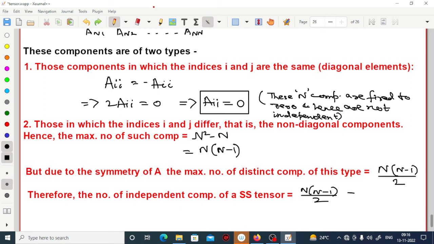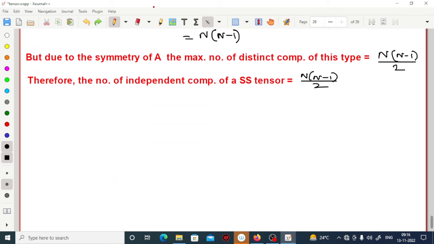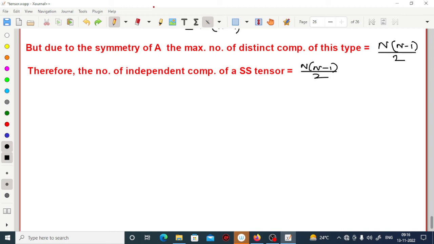তাহলে দেখো মনে রাখাটা ইজি, for symmetric it is n(n+1)/2, for skew symmetric it is n(n-1)/2. But you remember this result is only for tensor of rank 2. এই রেজাল্টটা কিন্তু শুধুমাত্র tensor of rank 2 এর জন্য, but it's very important result which helps you to learn something. আচ্ছা হয়ে গেল এটা, ঠিক আছে।